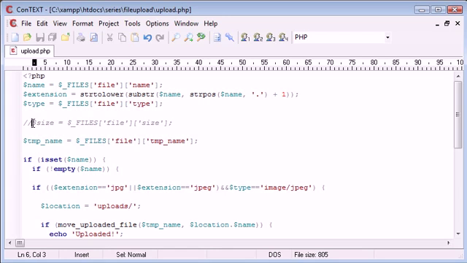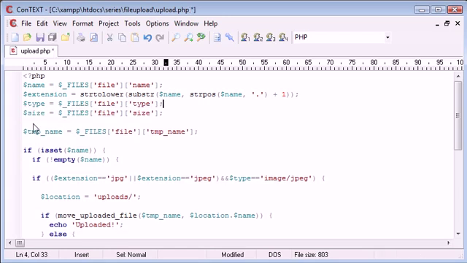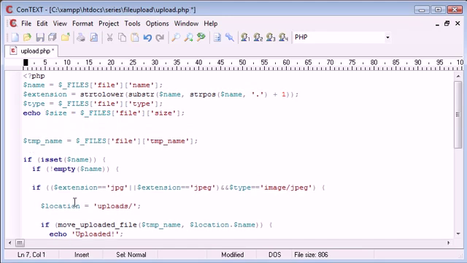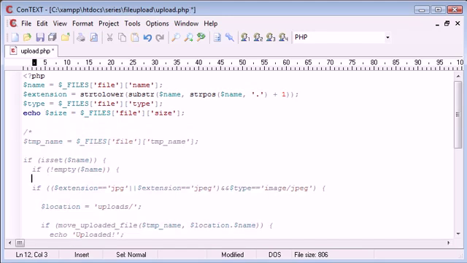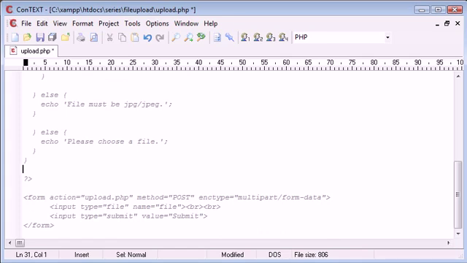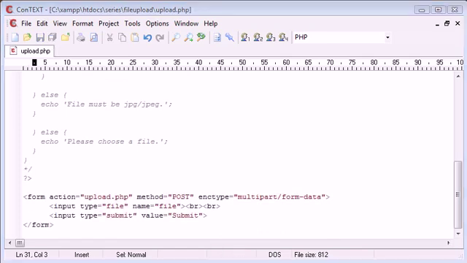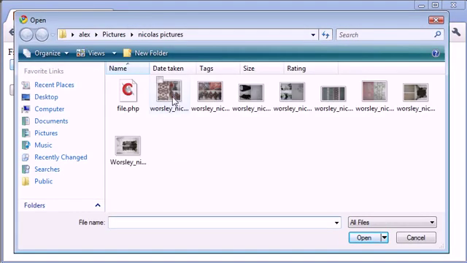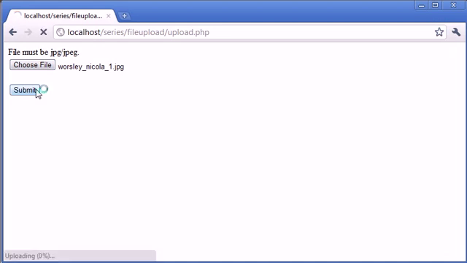Now, file size is actually processed through in bytes, so we can uncomment this now because we want to use this. So let's just echo that out, and then we'll comment out the rest of this code so we can preview the result of this. So let's just go and choose a file. We'll choose this image file again and click submit. Now you'll see that this file has been returned at